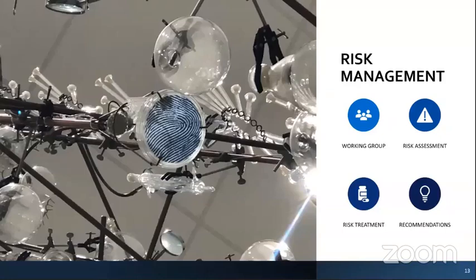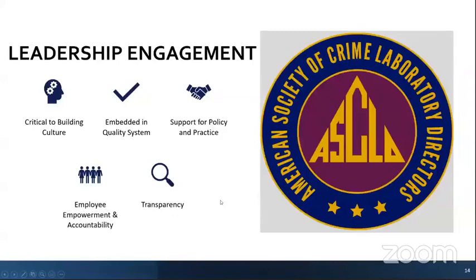And so I think that this is a really great way to take a look inside your laboratory at what the impact of bias is, specifically with bias. And I'll say this, you can use this risk management approach for all aspects of your laboratory. In particular, in your quality system, bias and mitigating bias is certainly related to quality because we're talking about the quality of our overall work product. So you incorporate bias as a part of your risk management approach to your quality system and identify some of those recommendations that allow you to control those risks.